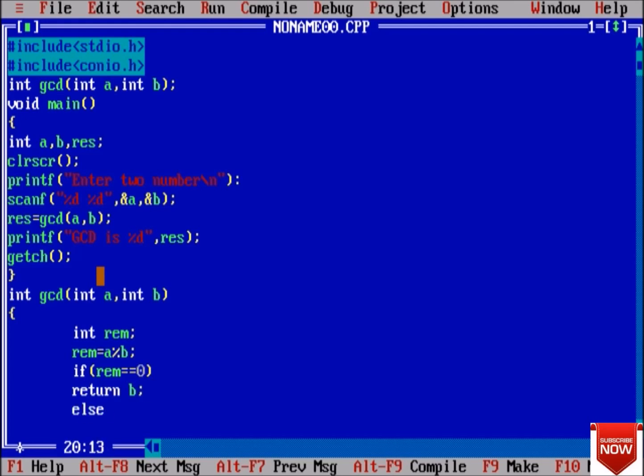Else return GCD of b, comma remainder, and put one more bracket here, and this is the function call.